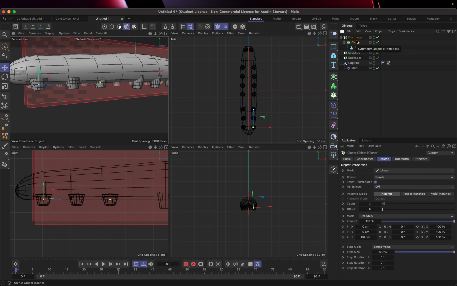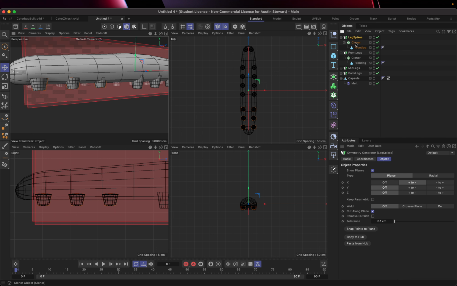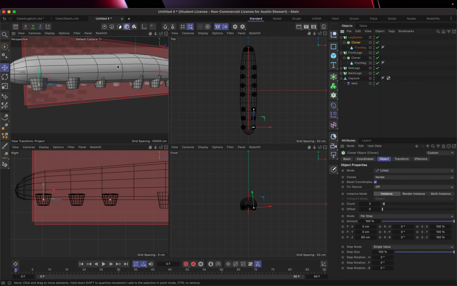So I'm going to go ahead and hit copy and paste. And front legs 1, I'm going to change to leg spikes. I don't know, claws, whatever you want to call them. And now what I need to do is move this cloner down and out. And so I'm going to look in my front view, and I'm going to go ahead and